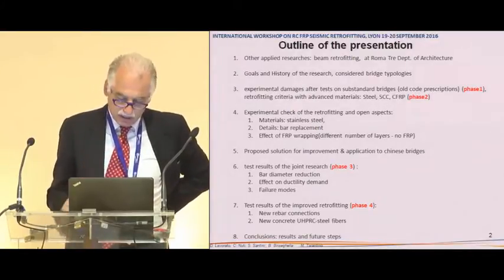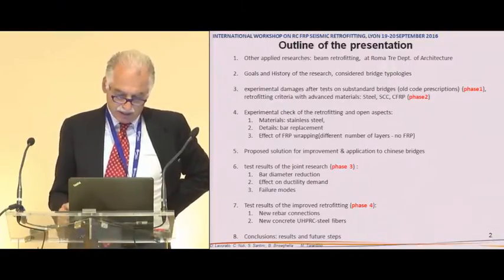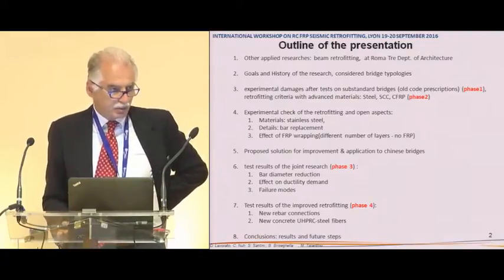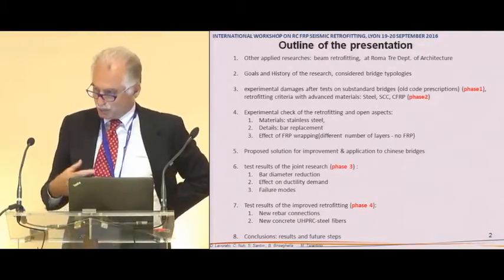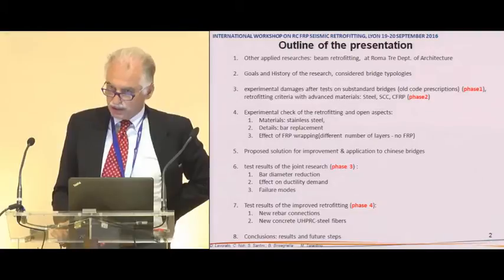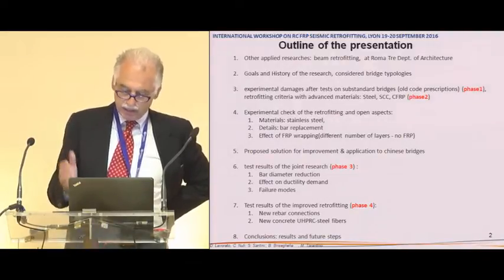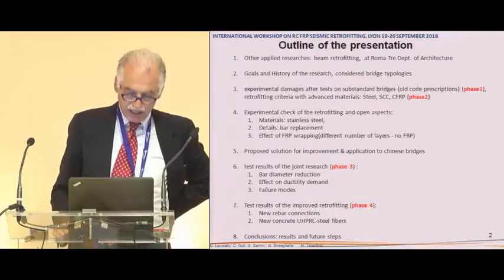My work on this subject started a long time ago, in about the middle of the 90s, when we started to calibrate the Eurocode 8 design on piers, on bridge piers, on bridges in general. At the beginning of the 2000s, we supposed that it was time to take again the old piers that we tested and broke, and try to retrofit them, to see if retrofitting can be done in a very quick and effective manner. So the first phase was done in the mid 90s. The second one at the beginning of the 2000s, and then there was a third phase